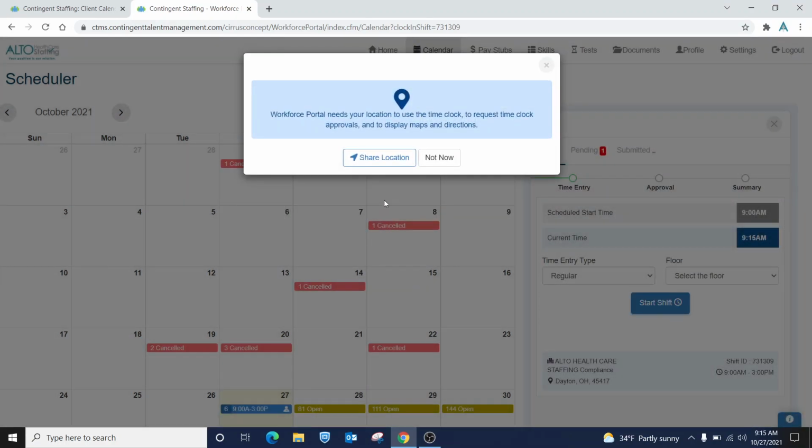And the first thing it's going to do is pop up and say workforce portal needs your location to use the time clock. So basically you need to hit this share location button, but as a note, if you hit share location and your settings on your phone for your location are off, this will not turn it on. So you would have to go to your settings on your phone to turn on your location as well. So I'm going to go ahead and click share location,